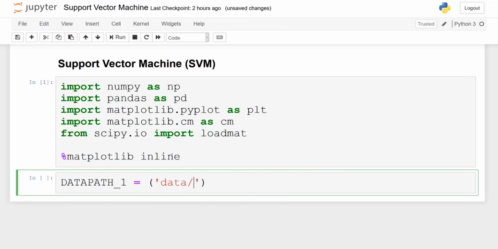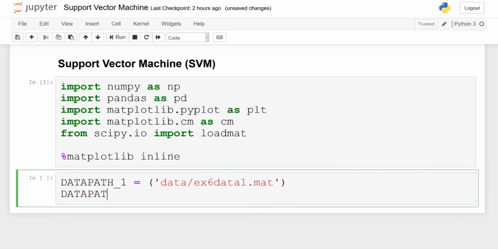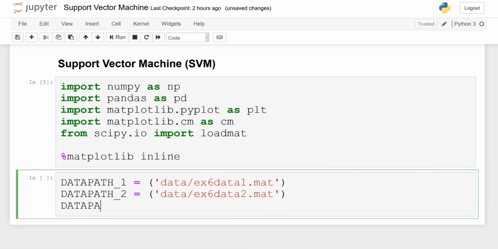So data path 1 is going to be for ex6data1.mat, and then we'll simply do the same for data path 2 for ex6data2.mat. Moving on to data path 3 for ex6data3.